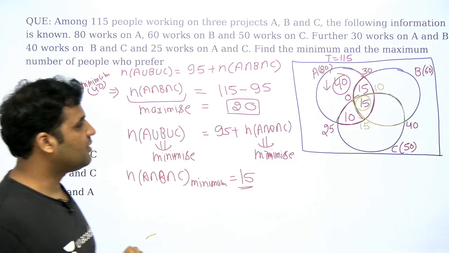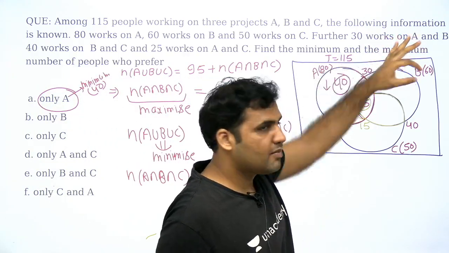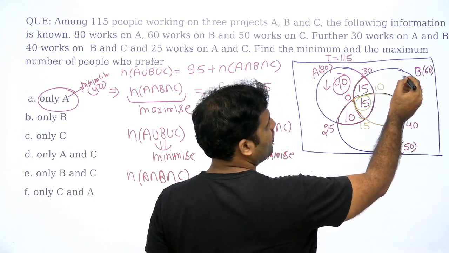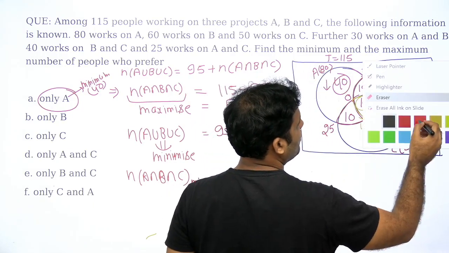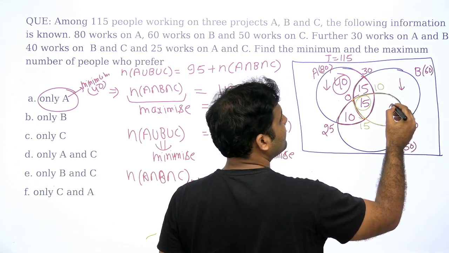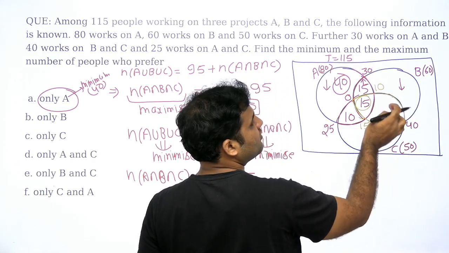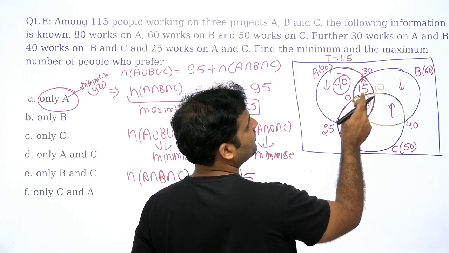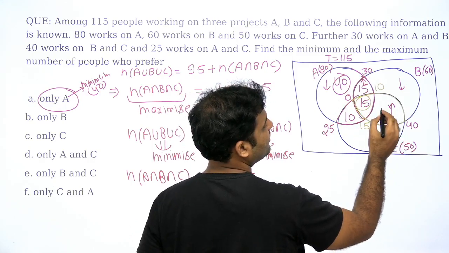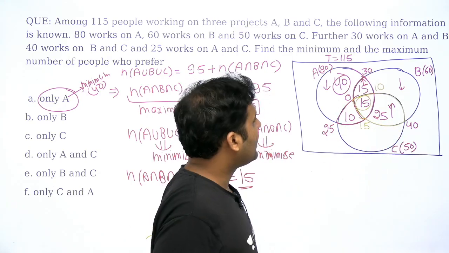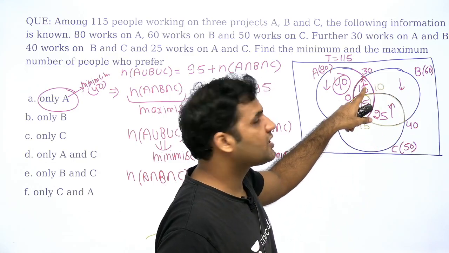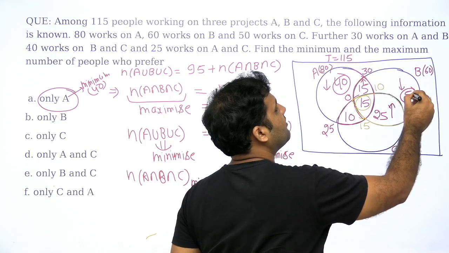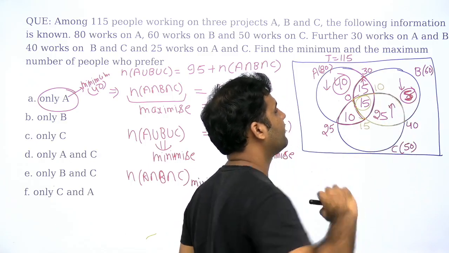Similarly, the minimum of only B. If you want to minimize this value, again straight away you can answer it. If I want to minimize this, I need to maximize both of these two values. And if I need to maximize both of these two, I need to minimize this. Now the minimum area is 15 already. This is 15, this is 30, 40 minus 15 will give you 25. And you see that the minimum of B will be 15 plus 15 is 30, 30 plus 25 is 55. So the minimum of B will be 5. The minimum value of B will be equal to 5.